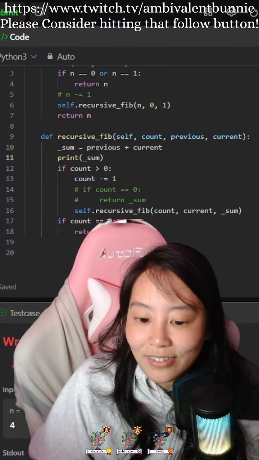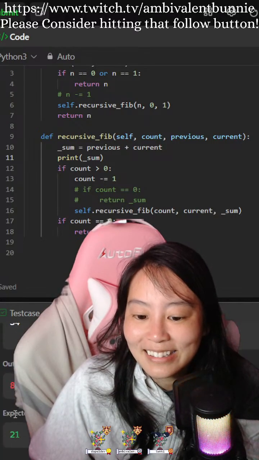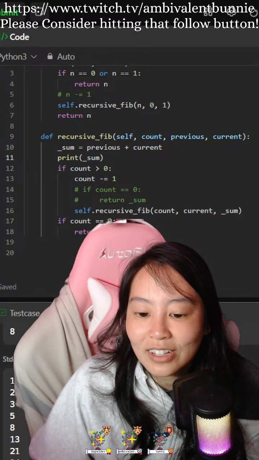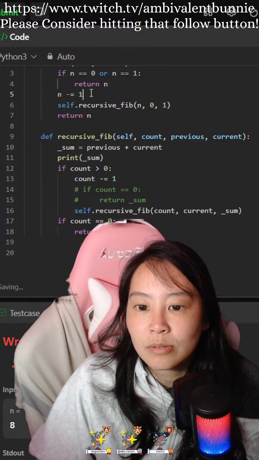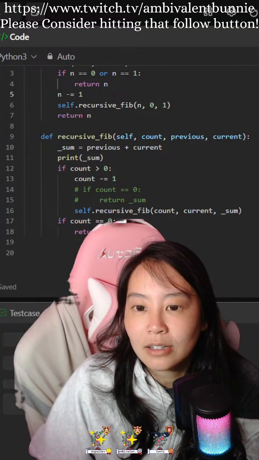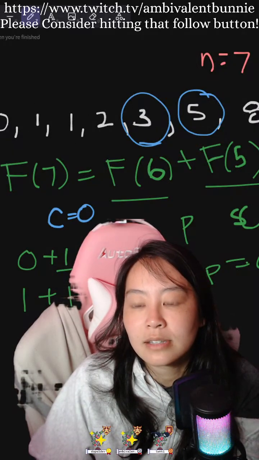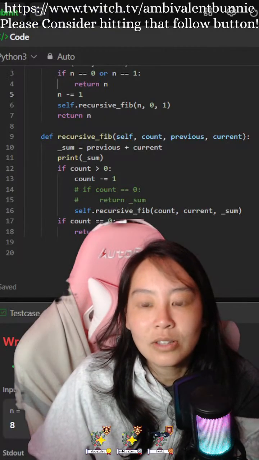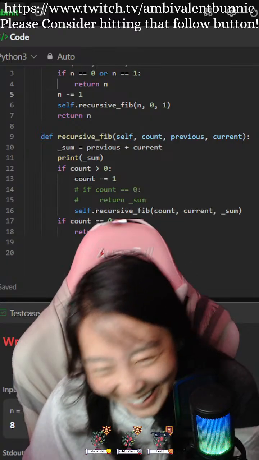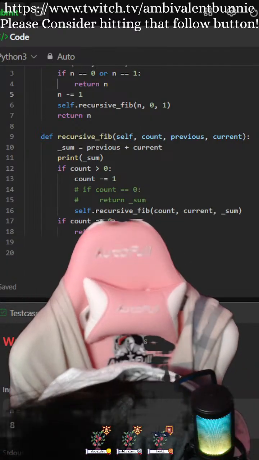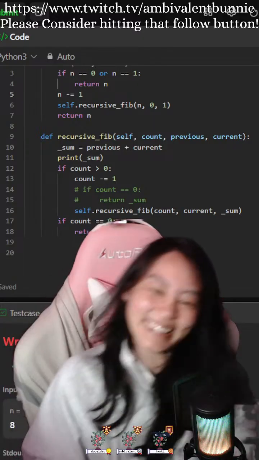So recursively, I have the answer. It's just... Oh wait, hold on. No, so this is where we also wanted the 2, right? Hold on, 8. 1, 2, 3, 4, 5, 6, 7. 7. Okay, hold on. Wait, what? Oh my god. What did I just do?